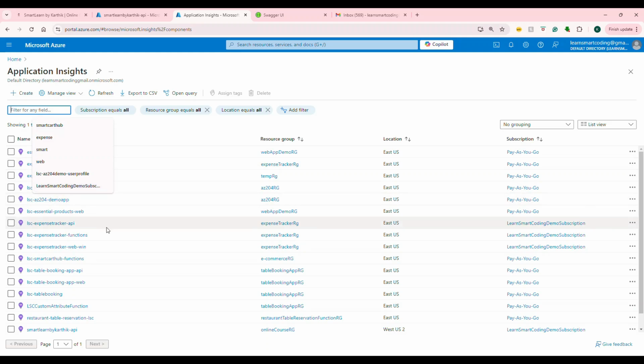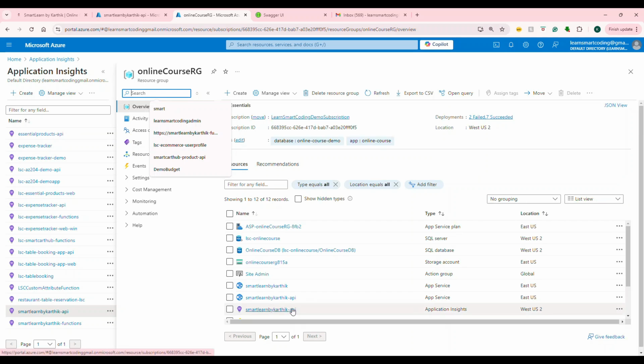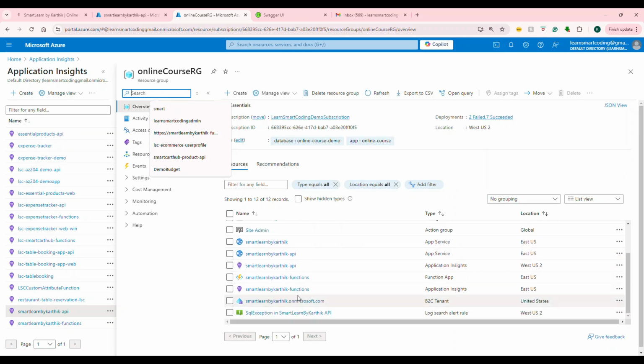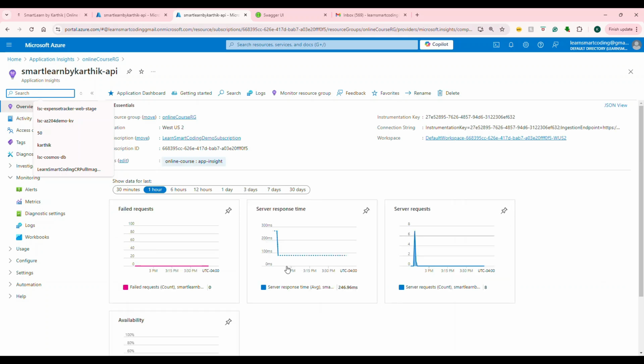I have a lot of applications, just because I have a lot of applications. So I'm going to drill down to the resource group where my application insights is. You can see I have two application insights, one for the function, one for the API. If I go inside this application insight, which is what is configured in the .NET Core Web API, you can